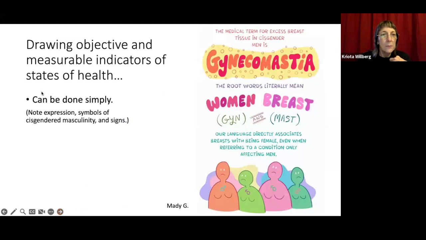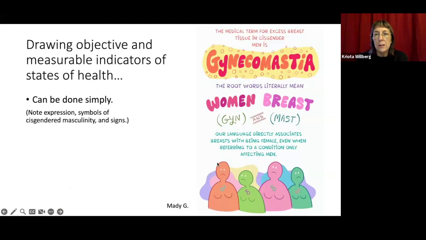Also, objective indicators can be done really simply. So, expression, symbols of cisgendered masculinity and signs in this particular comic by Maddie G, which is from the Nib, are really great. I hope I'm not, well, I'm moving my image around all over the place. I hope that's not too confusing for everybody. Anyway,